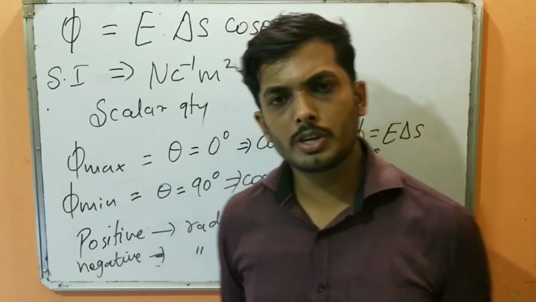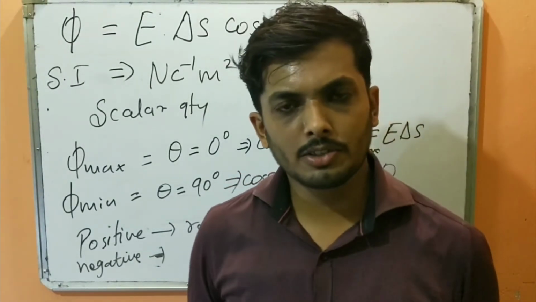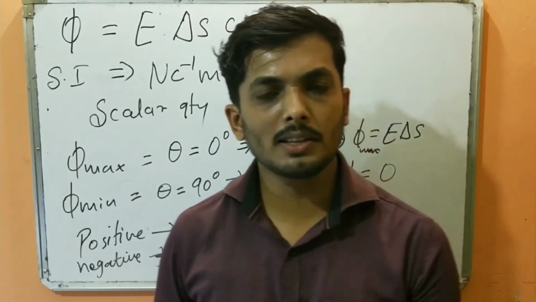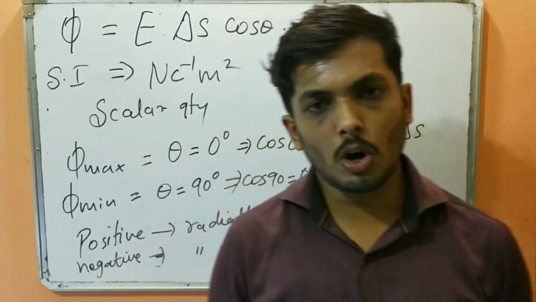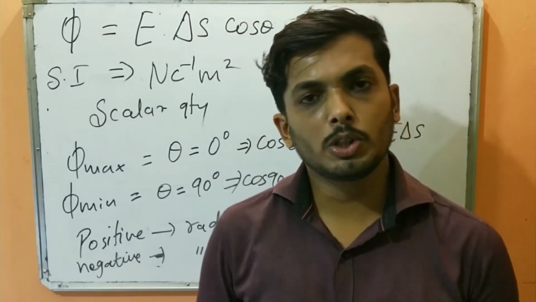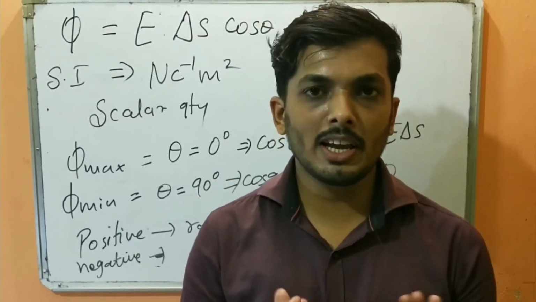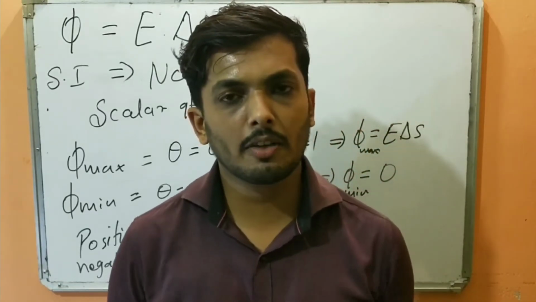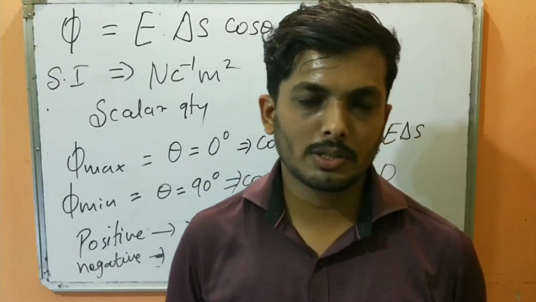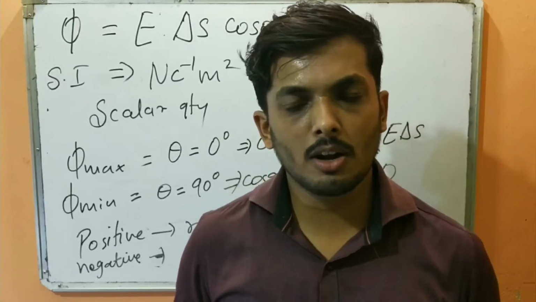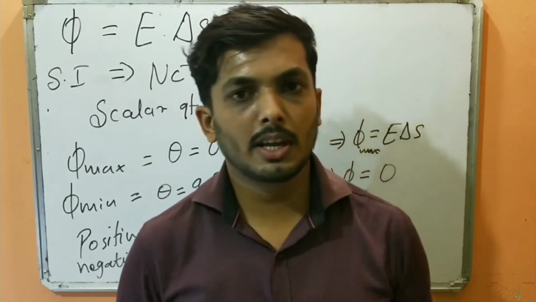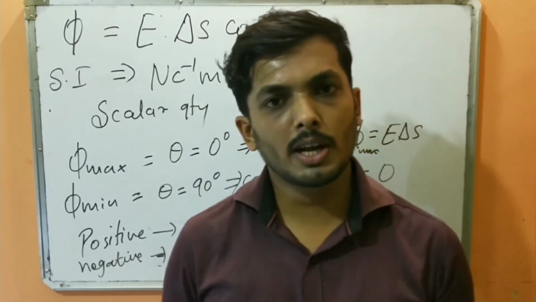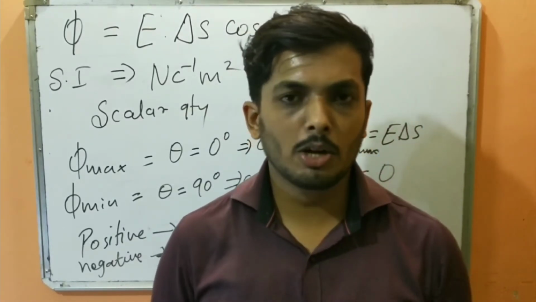So today what all we have studied? We have studied electric field lines. What are electric field lines? It is the path along which a free isolated positive test charge moves or tends to move. So for a positive charge, electric field lines will be radially outwards, and for a negative charge, electric field lines will be radially inwards. So you should also remember the properties of the electric field lines, that they originate at the positive terminal and terminate at the negative terminal.